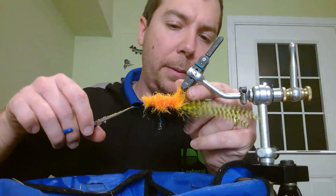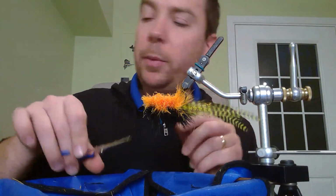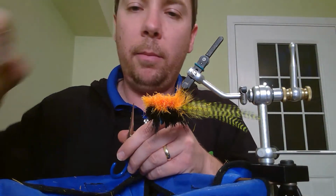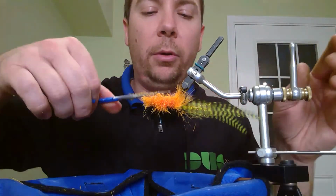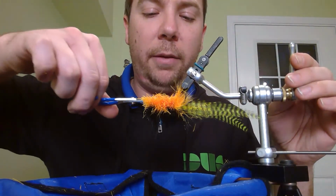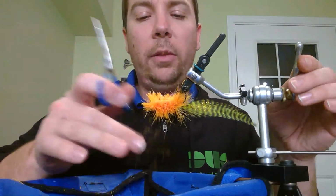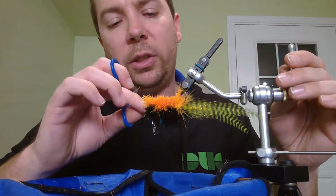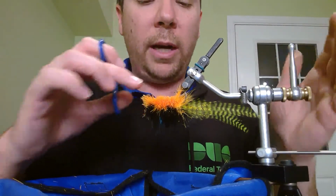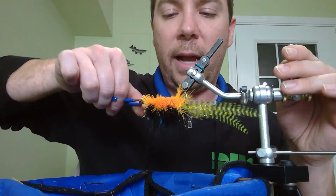Be careful in the back. You don't want to cut too much of this because we want this kind of like, remember how we were talking about how it makes little thighs? We want to leave some of those butt ends available in the back. So if I was trimming with just scissors, that's what I would be doing, just trimming it until I get it pretty close to the hook shank, but without cutting into any of my thread that I used to put the material in,